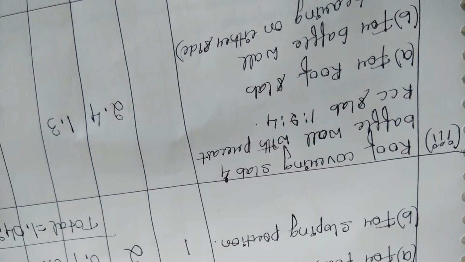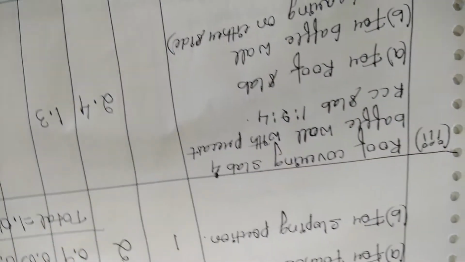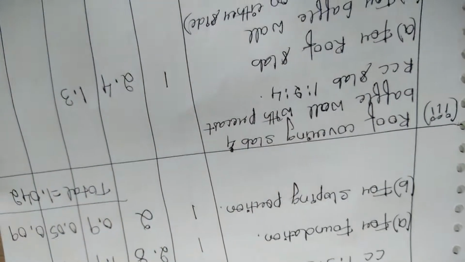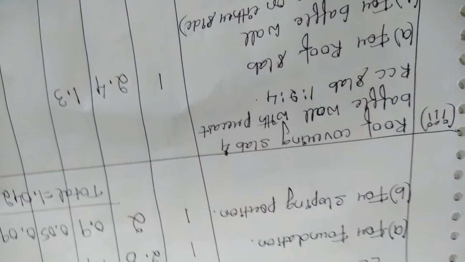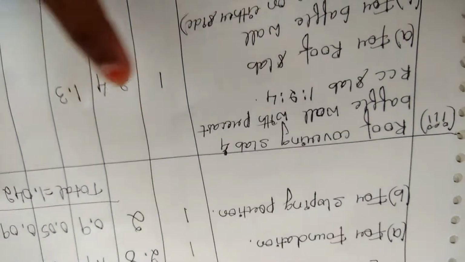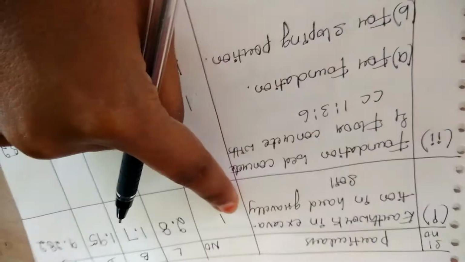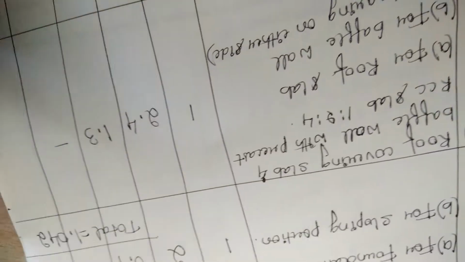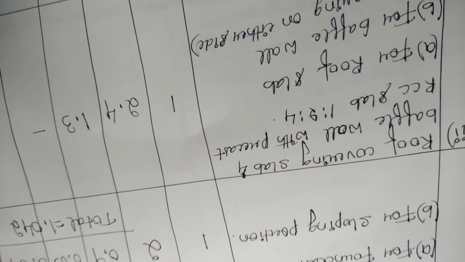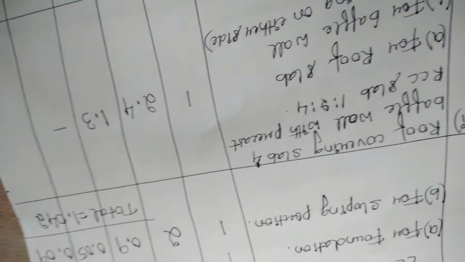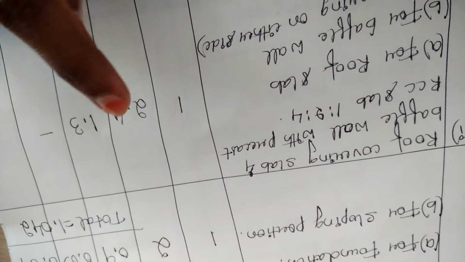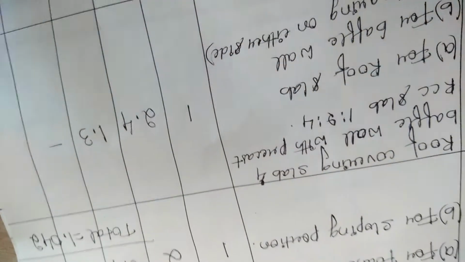As we are considering the roof slab as a whole, hence we will write number as 1. So for the complete portion we are considering the roof slab here. So for that reason we will be taking the number of the roof slab as 1. Now, this is the length and the width. There is no depth. We won't consider the thickness of the roof slab because the thickness is very less here. We will express roof slab in terms of square meter. Hence for that reason we only have to write the length and the width of the roof slab.